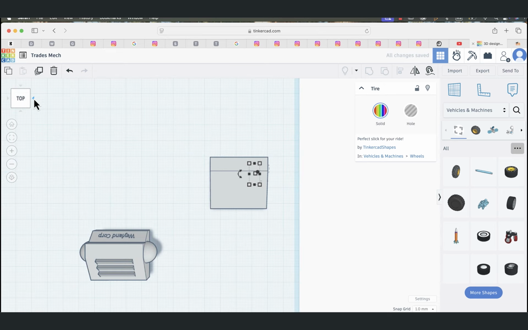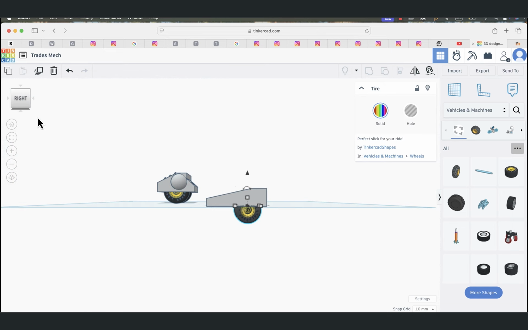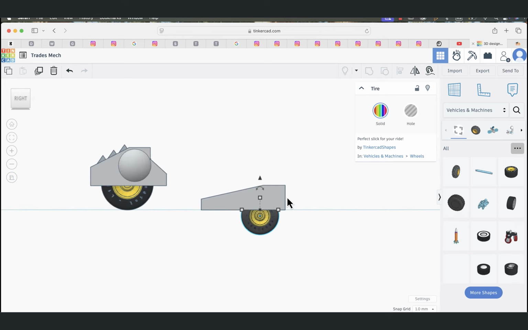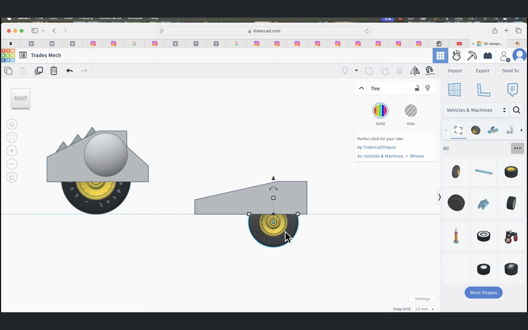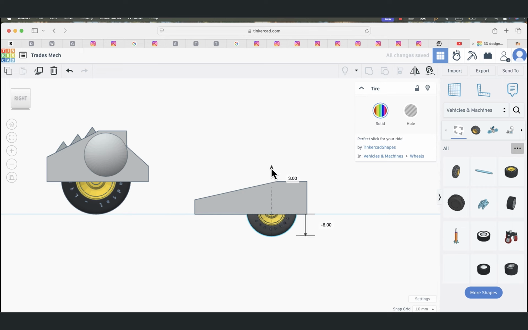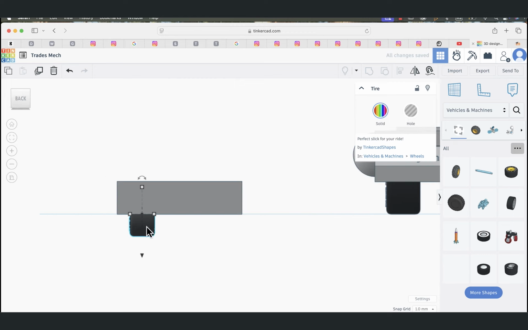orthographic view, top, right, and I can see it here. Click that again so it's dead straight, and I can move this, move it up slightly so it's right on there, and then I can spin it round so I'm looking at the back. Command D to duplicate it,